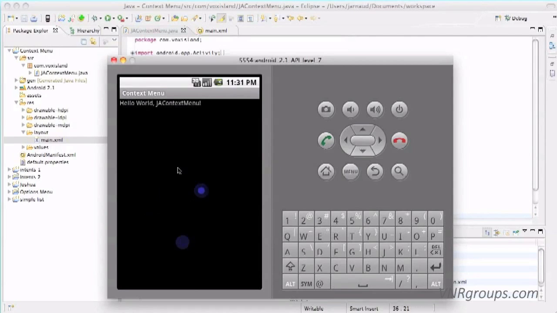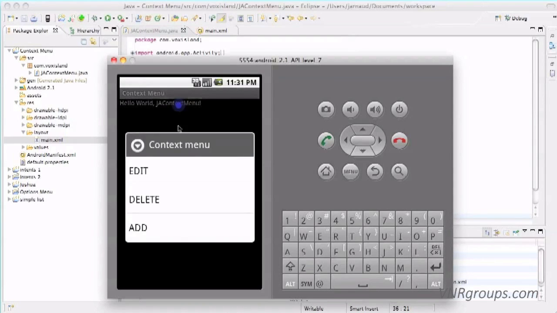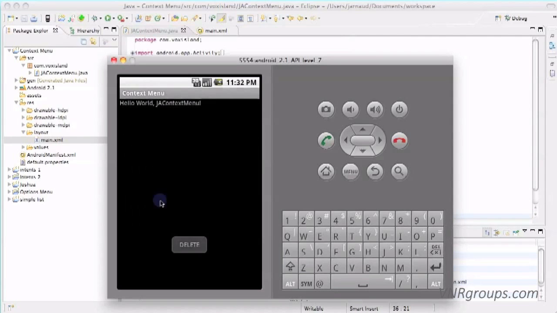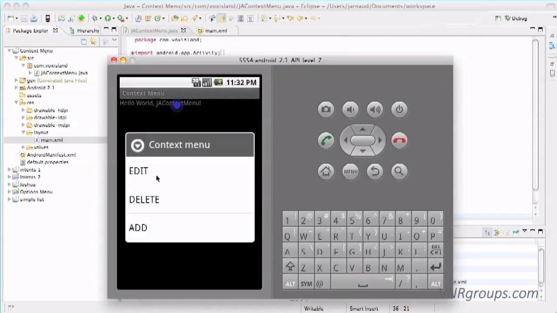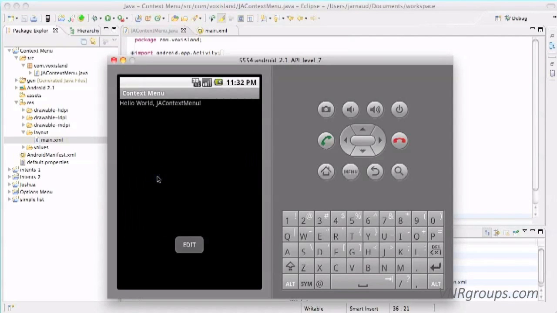Okay, if I click anywhere, it's not doing anything. If I click here, it's not doing anything. But if I long click, what I'm doing right now on this view, then I have a context menu with the header, context menu here, and the three items, edit, delete, and add. I can click on delete, and I have my toast message. Of course, you will see that it's doing the same thing with edit. And that is pretty much it for